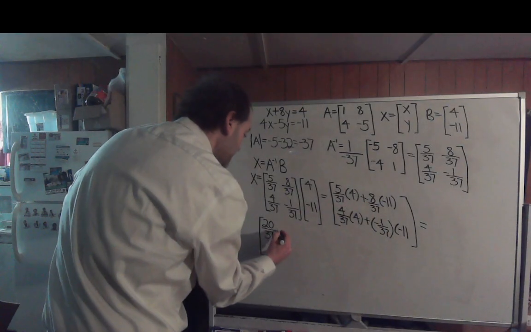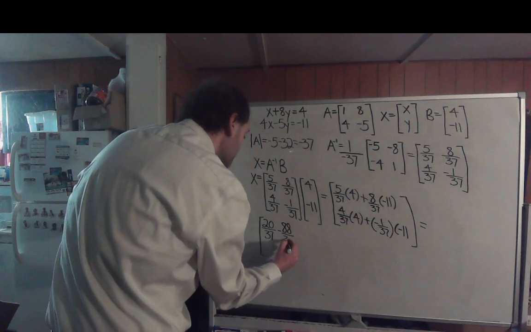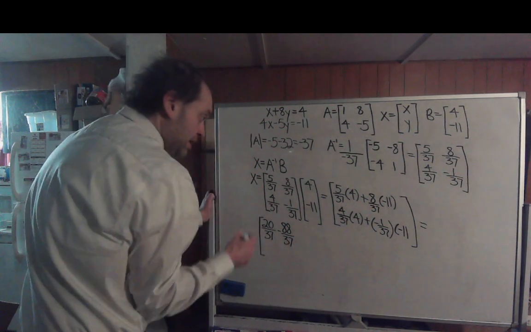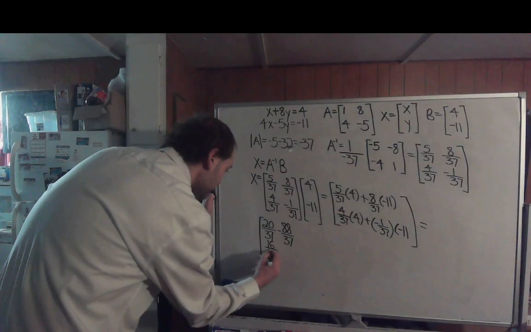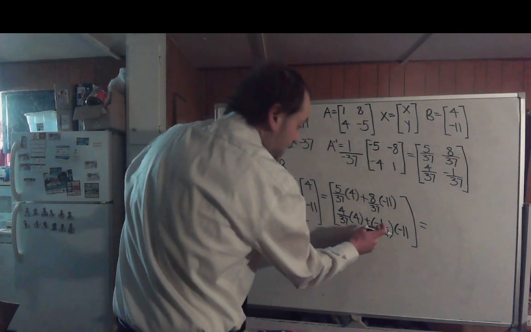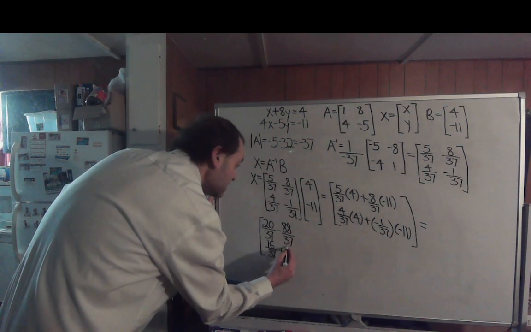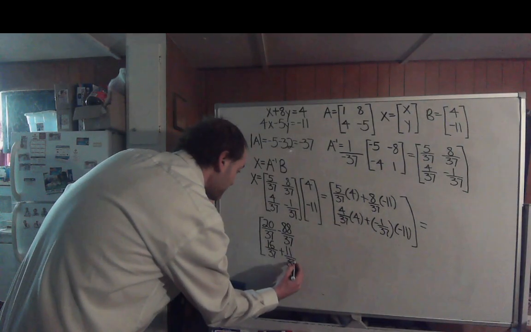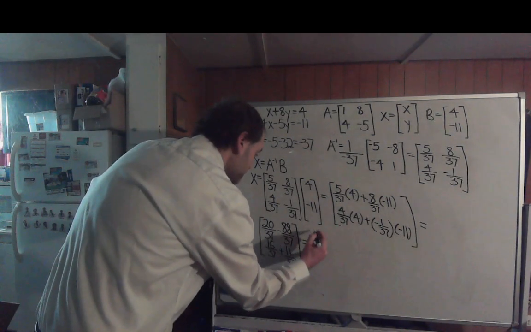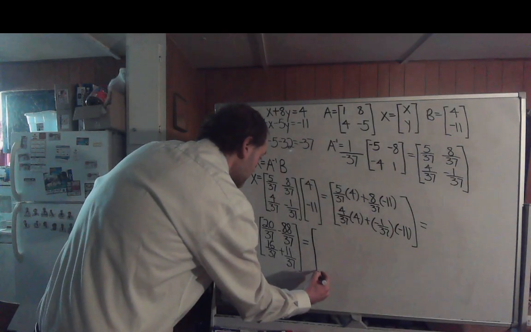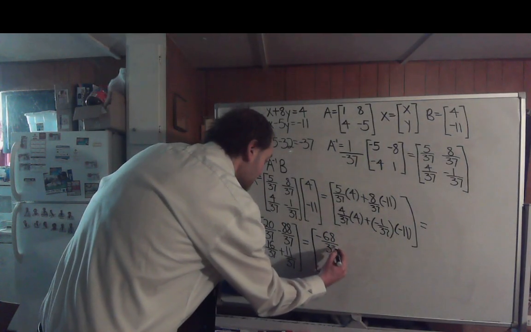This would be then minus 88/37. And then 4/37 times 4 is 16/37. Negative 1/37 times negative 11, this would end up being plus 11/37, which is going to give you negative 68/37 and then